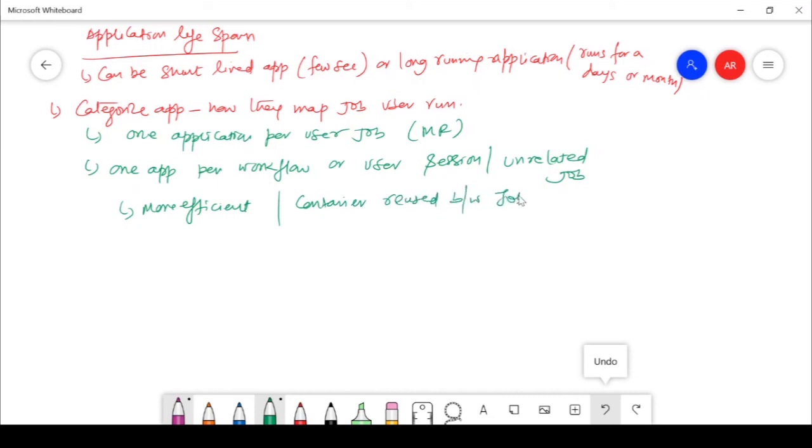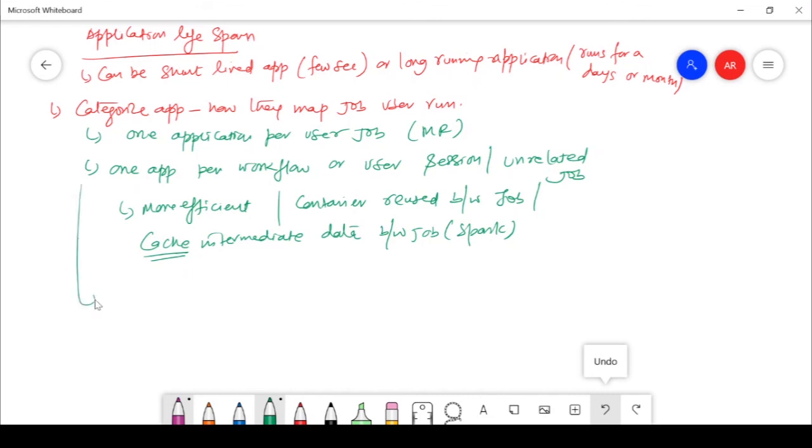We are using the same container: once the job is done, we use it again. So we are utilizing the resources of the cluster more. Or, just to segregate, you are caching the intermediate data between jobs, which is basically done by Spark. You can also do caching, but in MapReduce we don't have any kind of caching. This is very important to make things efficient.